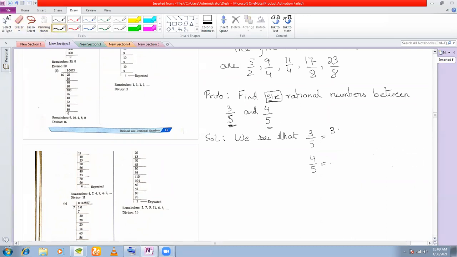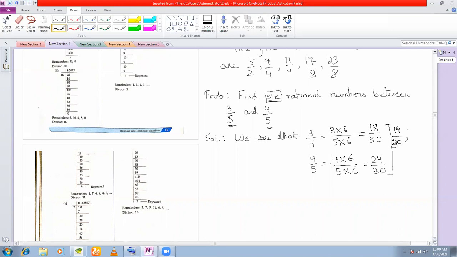Let's see. Let's multiply by 6. I'm showing you each number by number so that you have no problem in understanding that although we are making the denominator the same, what is the suitable number that we should multiply by? That is why I'm showing you each number. So 18 by 30 I'm getting here, and here I'm getting 24 by 30, right? So how many fractions are there? If we multiply both the fractions by 7, then only we can get 6, maybe, but I'm trying 6.